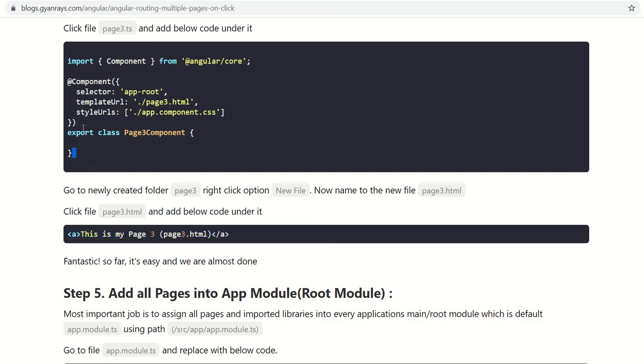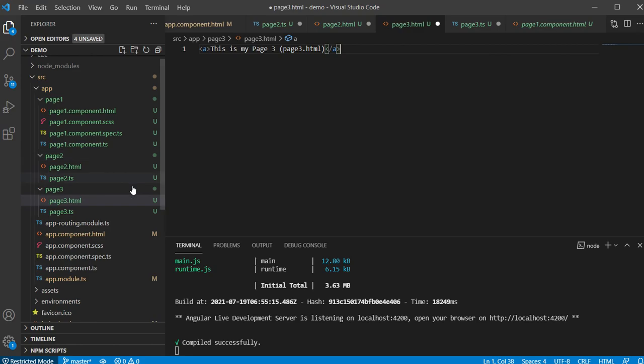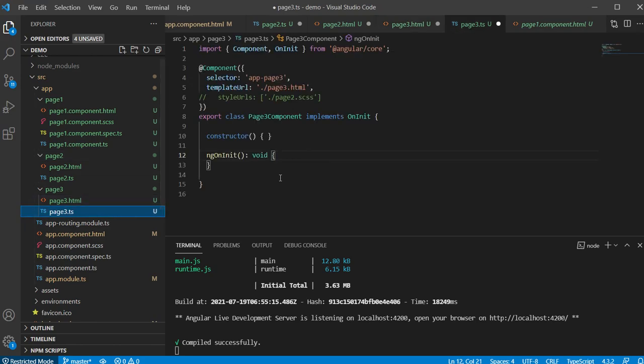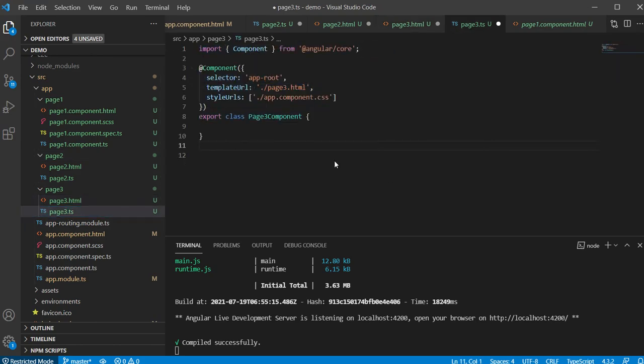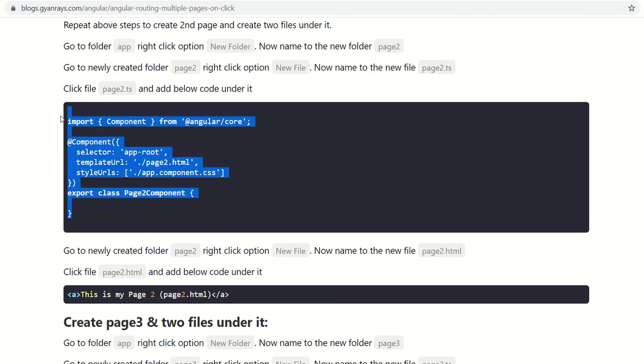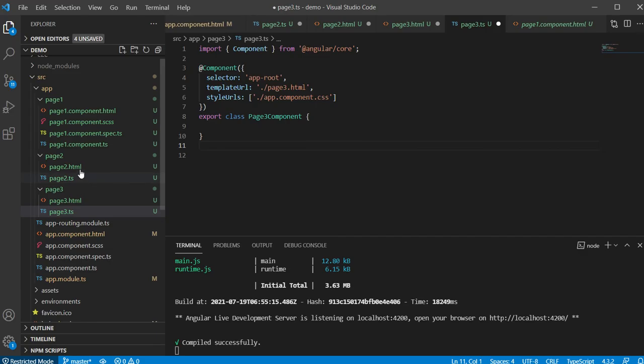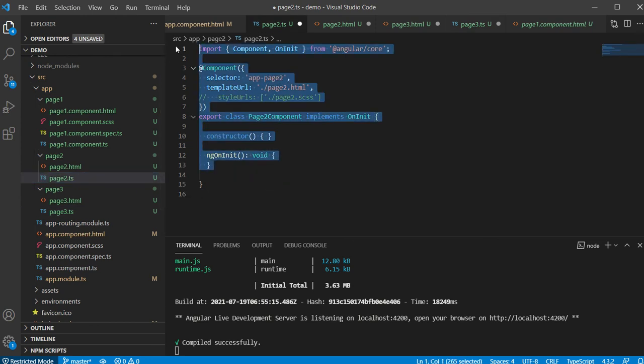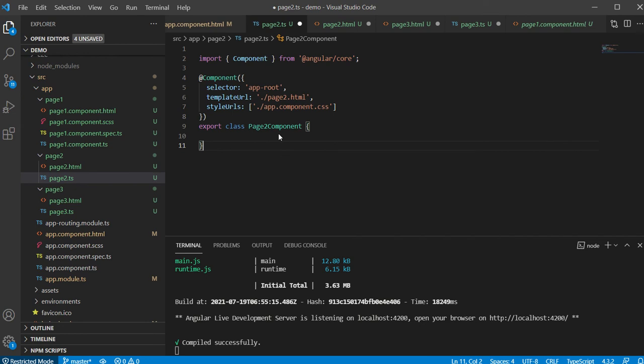You can see I have written the code as well. If you copy and paste it, it will also be the same. There is slightly some difference. Use this handy and well tested code rather than using the constructor and ngOnInit in this phase, at least. We don't need it.